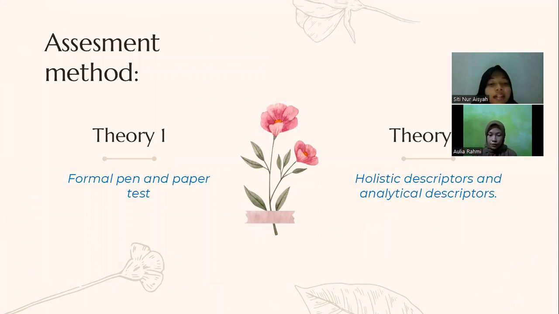There are several assessment methods available for this ESP course, such as formal pen and paper tests, such as multiple choice and short answer tests, as widely used to test receptive skills, such as